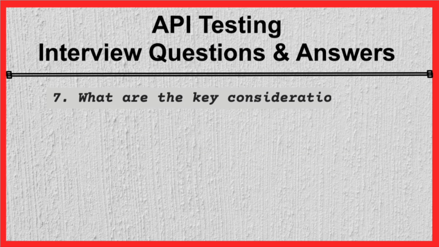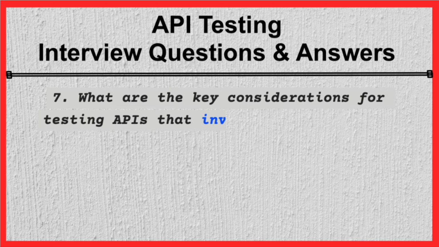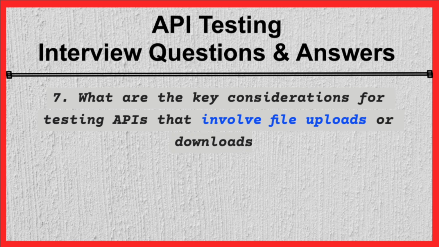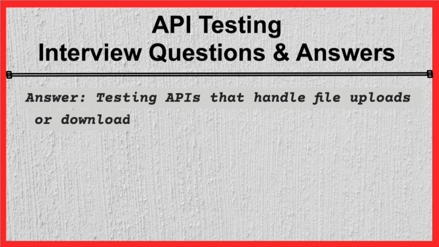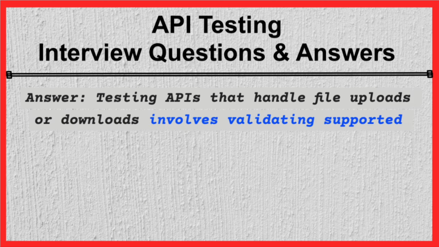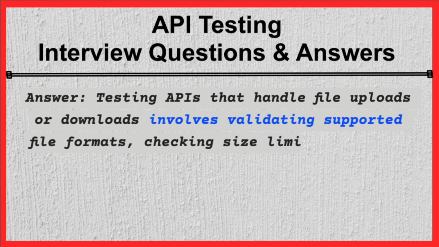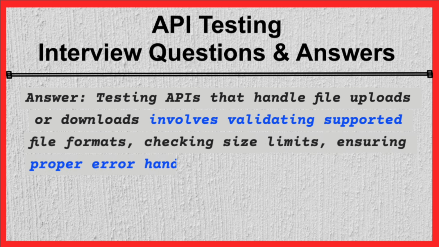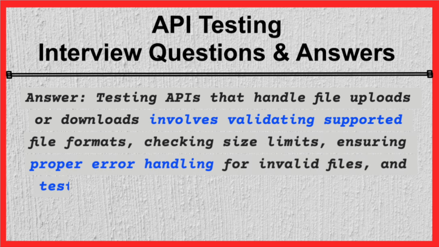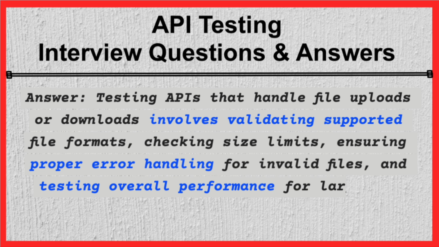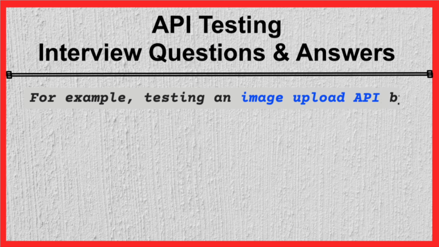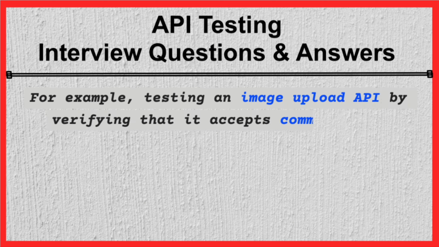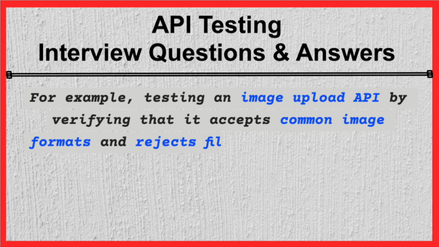7. What are the key considerations for testing APIs that involve file uploads or downloads? Answer. Testing APIs that handle file uploads or downloads involves validating supported file formats, checking size limits, ensuring proper error handling for invalid files, and testing overall performance for large file transfers. For example, testing an image upload API by verifying that it accepts common image formats and rejects files exceeding the